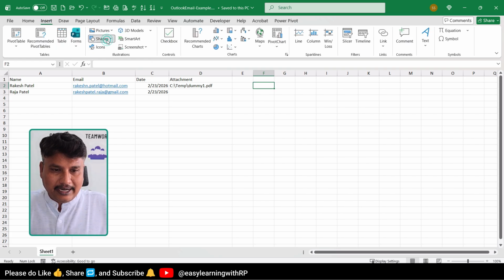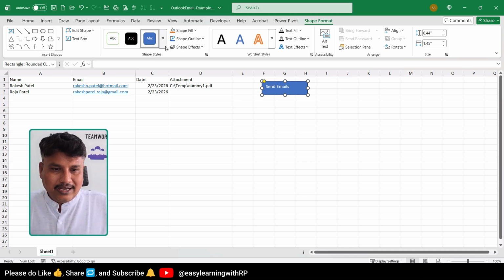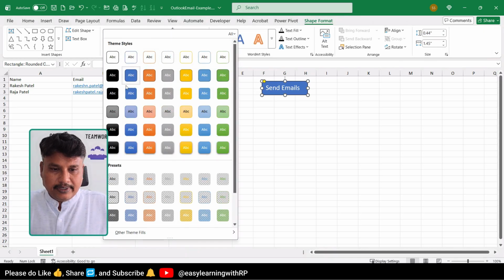Let me add a shape over here. Let's add a round shape and say send emails. You can align it as you like, and let me make it bigger. Let's shape it as a button so it looks better, no?